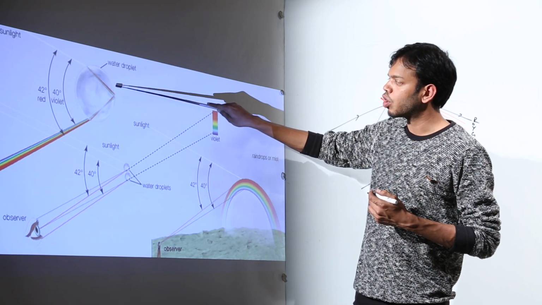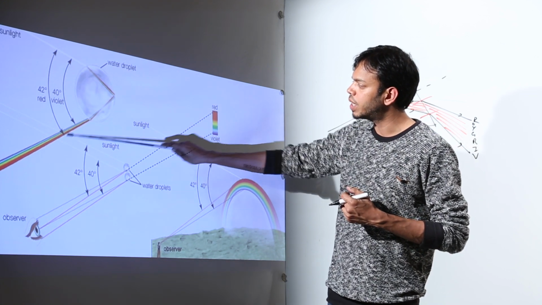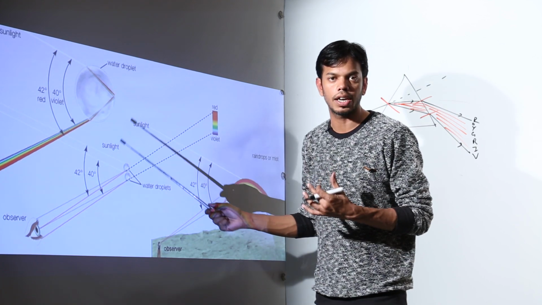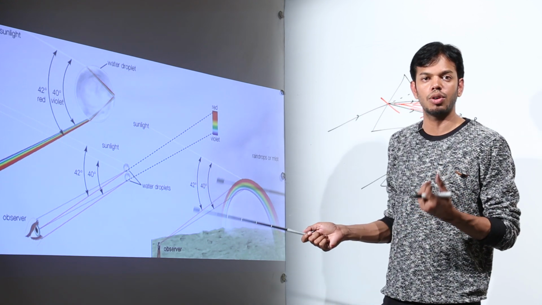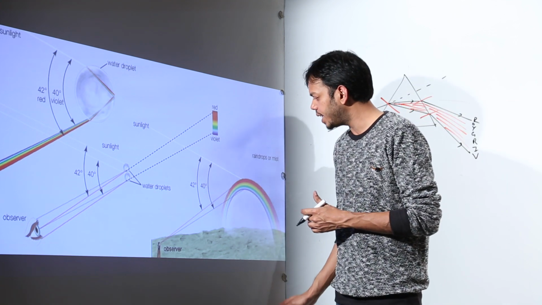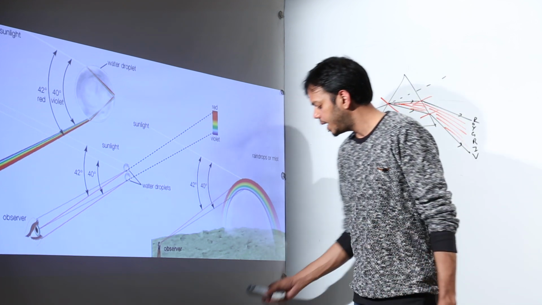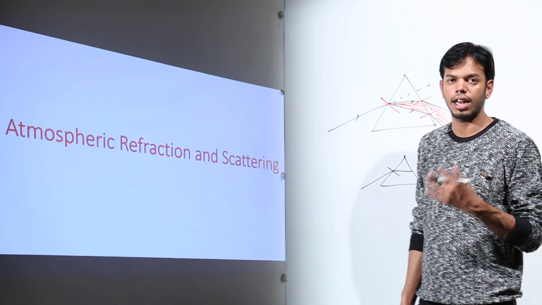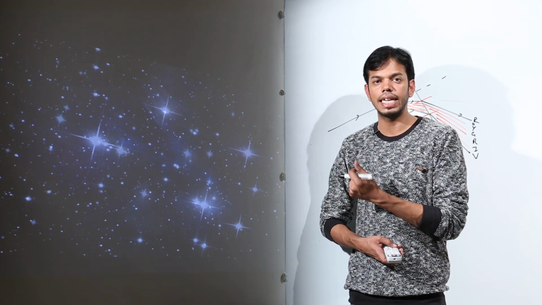There is another thing called total internal reflection which happens on this part, and then light gets more dispersed from this part. We have shown you only one spherical water drop, but actually there are millions of small suspended water droplets, and that is why all the lights get dispersed at the same time, and hence they combine together to give this phenomenal view of a rainbow. Now, is there anything else which happens due to atmospheric refraction? Yes, there are a lot of phenomena. For example, this thing, the glittering or the